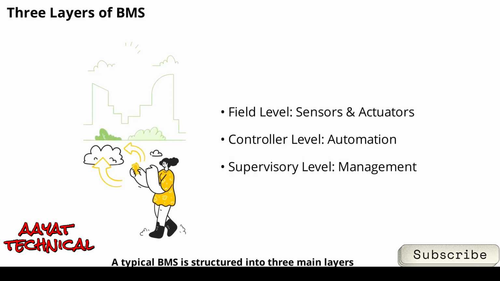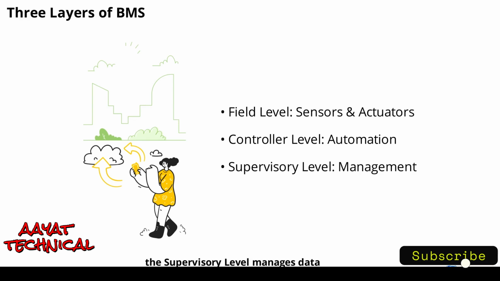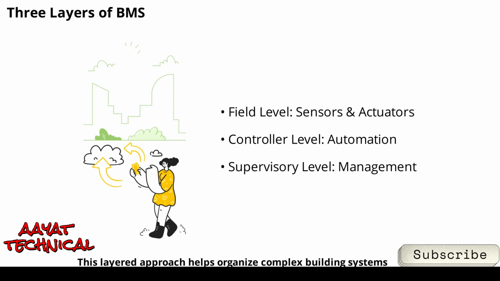A typical BMS is structured into three main layers, each with a unique role. First, there's the field level, where sensors and actuators gather and act on real-world data. Next is the controller level, which processes this data and makes decisions. Finally, the supervisory level manages data, provides user interfaces, and stores information. This layered approach helps organize complex building systems, making them easier to manage, expand, and troubleshoot. As we move forward, we'll look at each layer in detail, starting with the field devices that sense and control